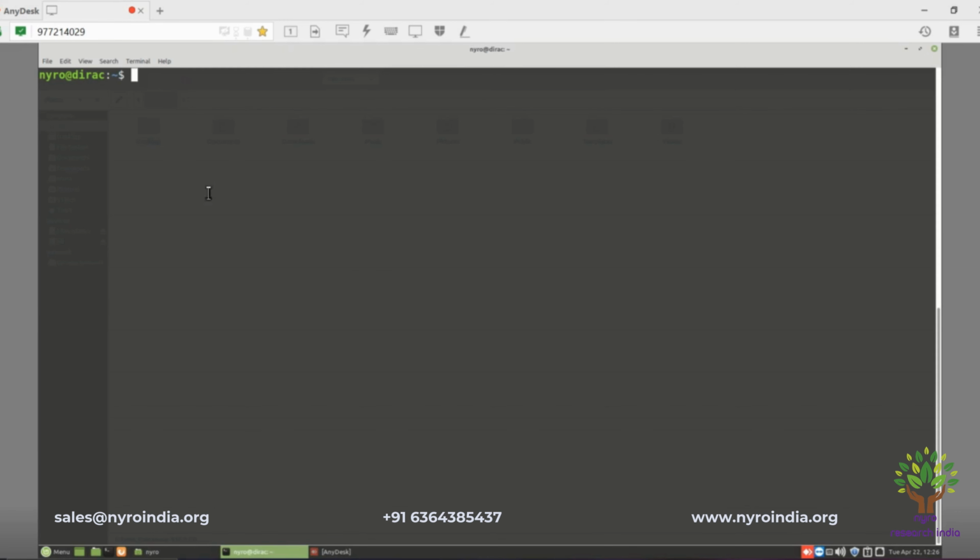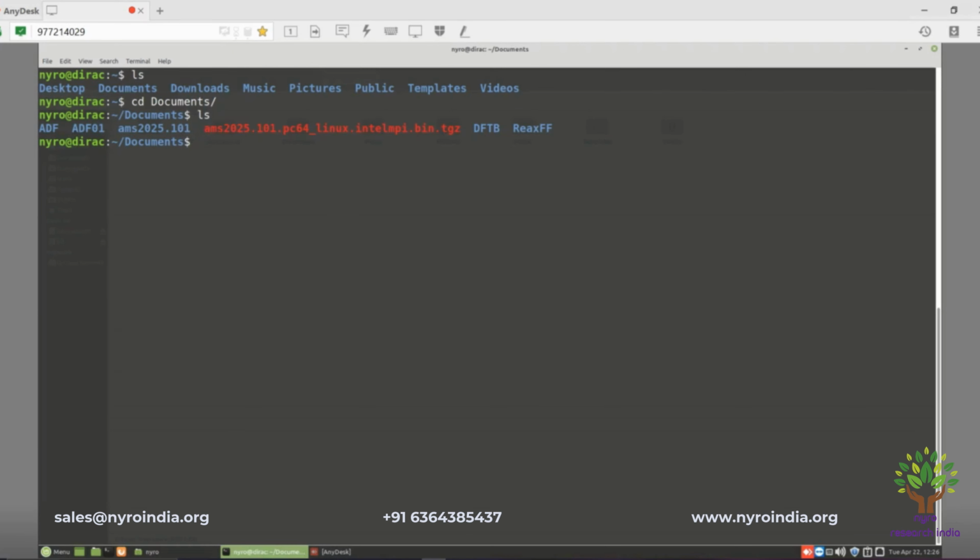So you can see that the user Nero at Dirac. So I'm just listing out what are the different directories in this user. In this user, I have saved or installed that AMS software in documents directory. So I'm just changing the directory to documents, and then I'm listing out what are the different directories available in that document directory, and I'm then changing the directory to AMS 2025, where I have extracted that